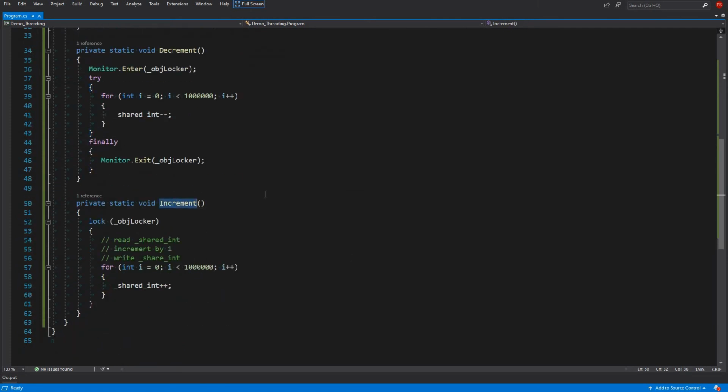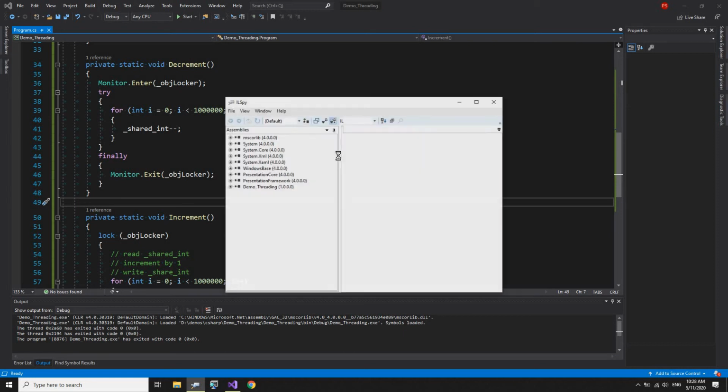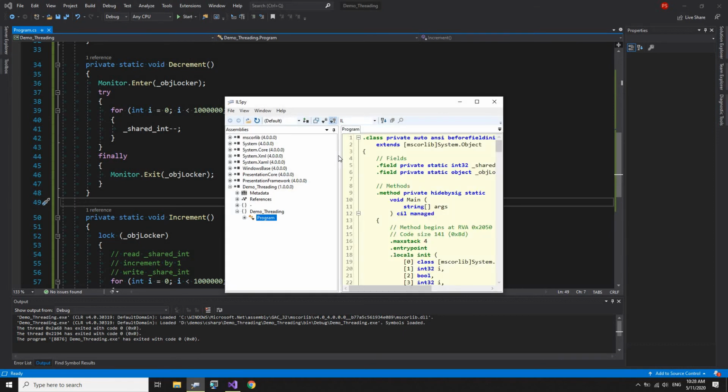And for the increment method, just to make a point, we can use this tool called ILSpy. ILSpy is the free .NET decompiler, and you can look at the intermediate language.